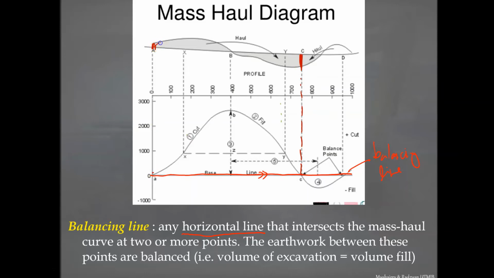So that tells me all this will be enough to fill everything in there up to that point. And if you look at the other curve, there's the second part of the curve here. So that also tells me that, because that's a balancing line, because it cuts at 2 points, 1 point there, another point there. So if I project that up onto the long section, so in this